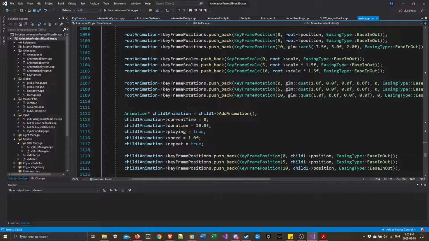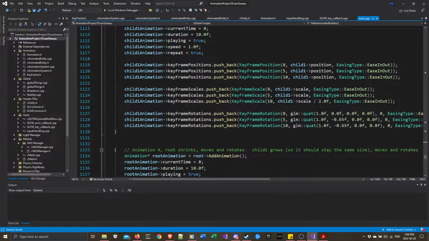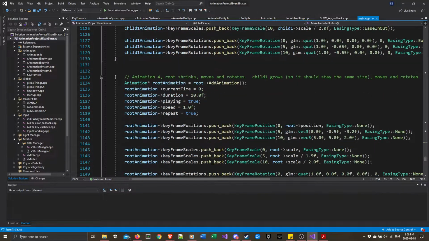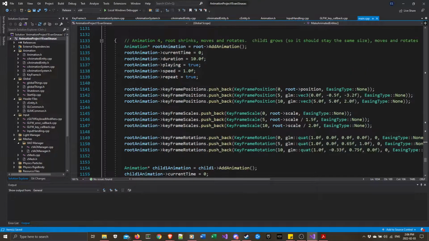And the rotation is going to stay the same for all 10 seconds. For the child animation, the position will stay the same throughout the whole thing. The scale will stay the same for the first 5 seconds, and then halve in the second 5 seconds, and it will rotate for the first 5 seconds and then stay at that rotation for the next 5 seconds. And for the fourth animation, we're going to use no easing type,